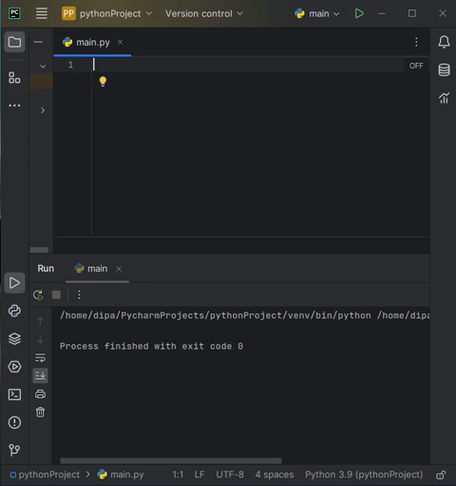Now let's start. Variables are containers for storing values. In Python, there is no command for declaring a variable. In other languages you have to declare the variable, but in Python we do not have to declare a variable. A variable is created when we first assign a value to it. For example,